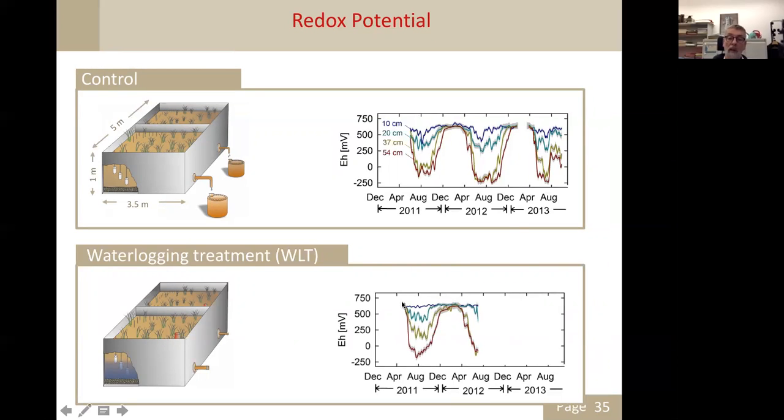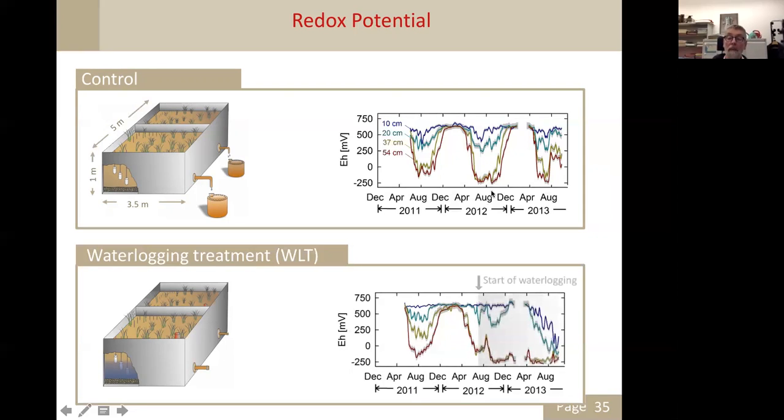Here you see the same or analogous data for the waterlogging treatment before the waterlogging was implemented. You see also how well or how poorly the two lysimeters, in each case we had two of these lysimeters, were aerated. Remember again, these were only done with poor soil, so we had two with waterlogging and two without waterlogging. And of course, you always have some spatial variability. The packing is never really the same, so there is a little difference here that actually this depth 37 was better aerated in the waterlogging treatment before the waterlogging than in the other lysimeters.